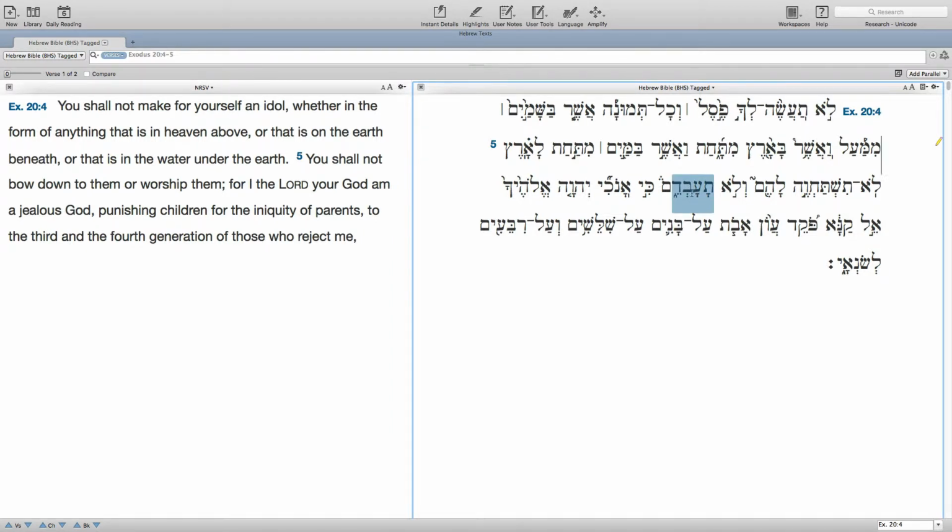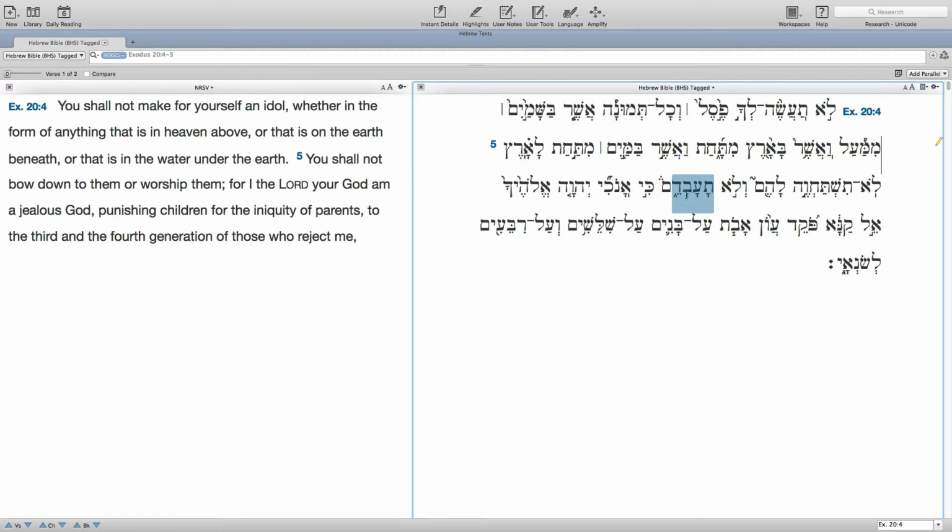So this is assumed to be from ayin vet dalid, avad la'avod, to work in modern Hebrew, but in biblical Hebrew it has more of a sense of to serve God or to worship. And so when people translate worship,